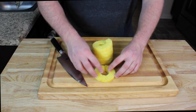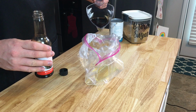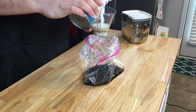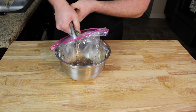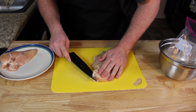Then we need to marinate the chicken. And since you already have some of that pineapple juice, we're aiming for about a quarter cup of that. And then add a half cup of soy sauce, a half cup of coconut milk. And I've never used coconut milk before. You can find this in the can section. A quarter cup of brown sugar, 1 clove of minced garlic, 1 teaspoon of sesame oil, then optionally butterfly 2